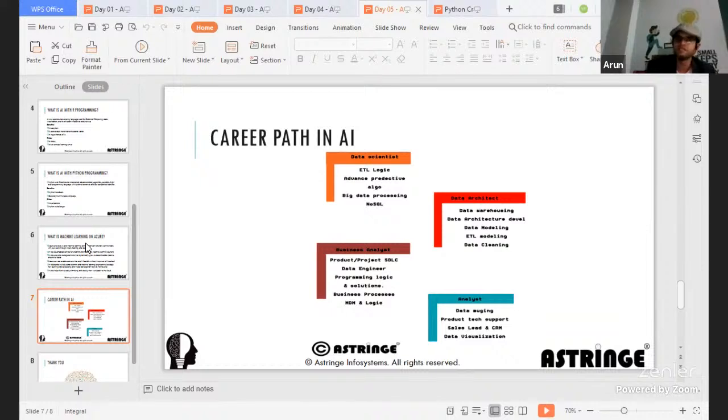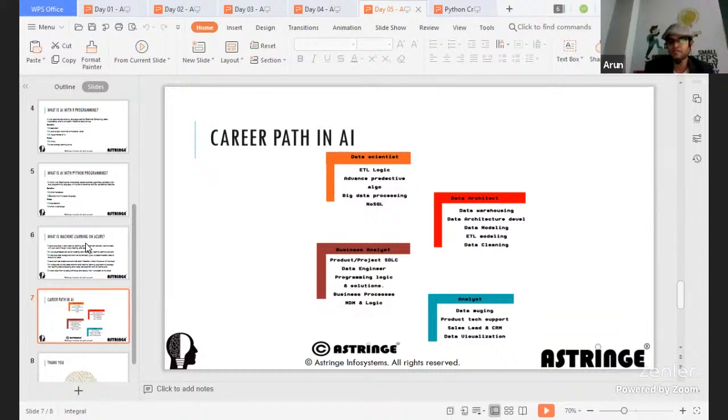The data scientist's responsibility is ETL logic, advanced processing, and big data. Along with that, there is one more entity called data architect, who handles data warehousing, data modeling, and so on, all of which come under data architecture. This is where we are heading towards.